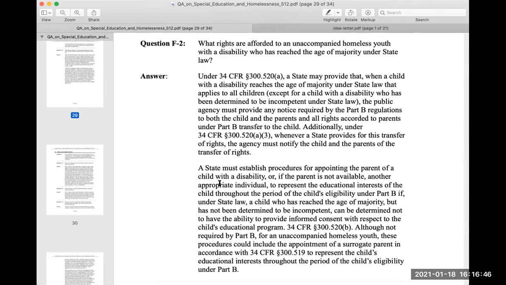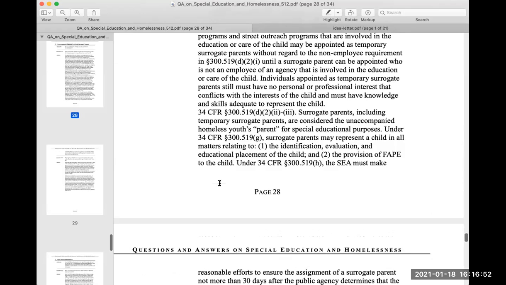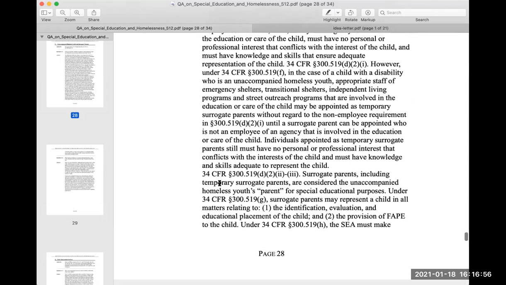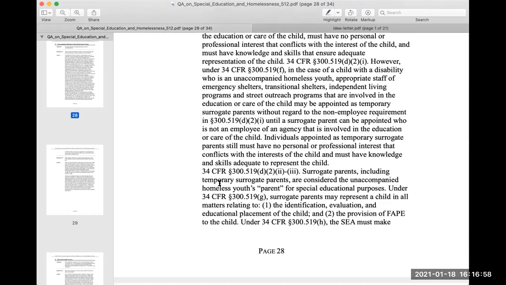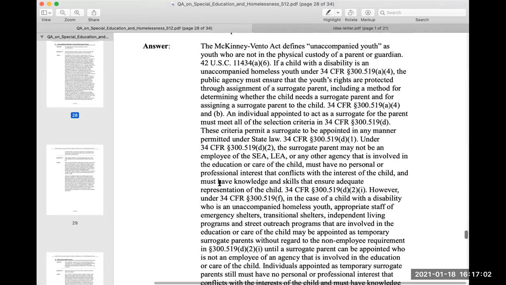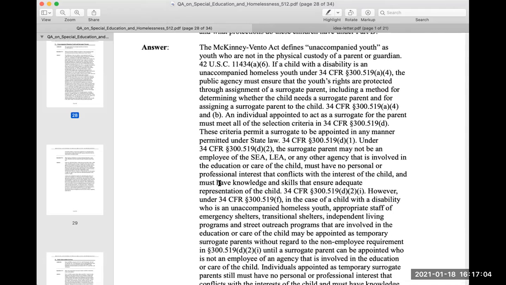Under 34 CFR paragraph 300.519(g), surrogate parents may represent a child in all matters relating to 1. The identification, evaluation, and educational placement of the child, and 2. The provision of FAPE to the child. Under 34 CFR paragraph 300.519(h), the SEA must make